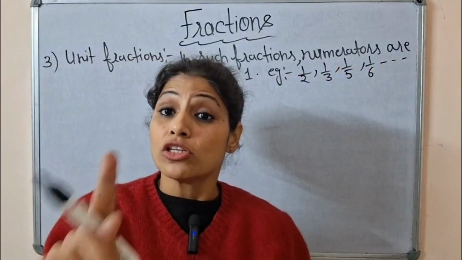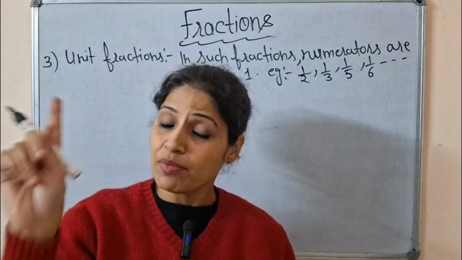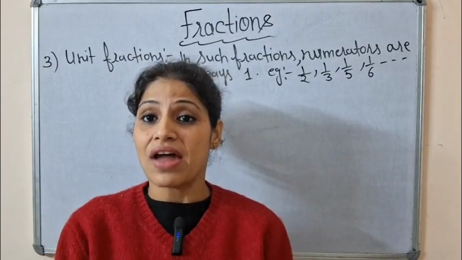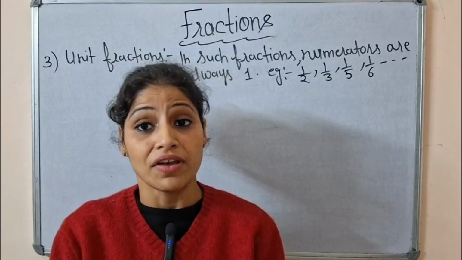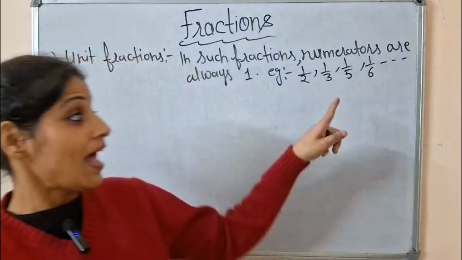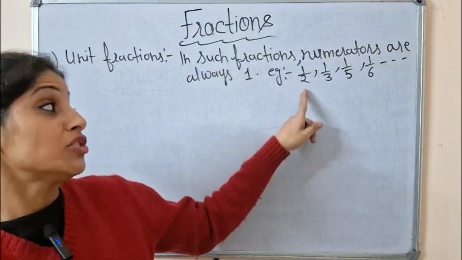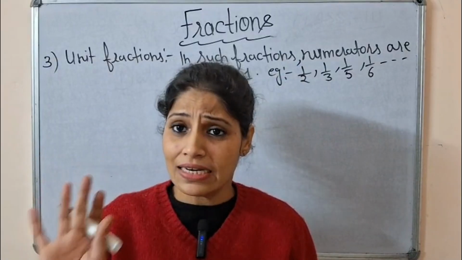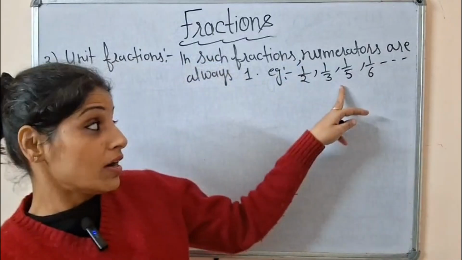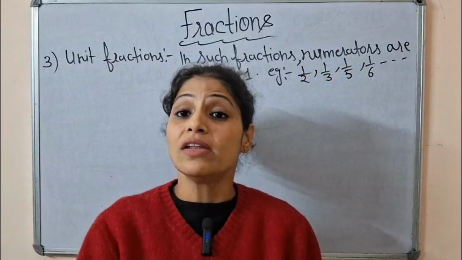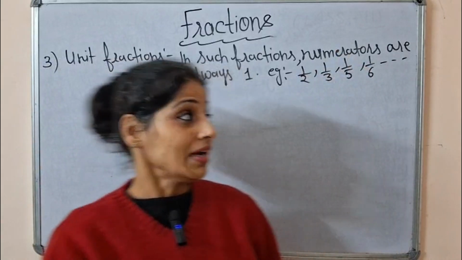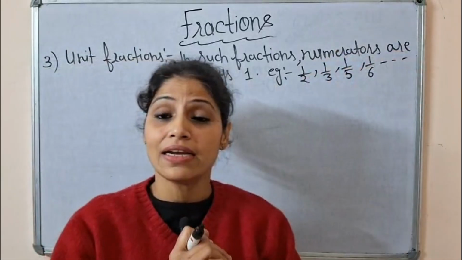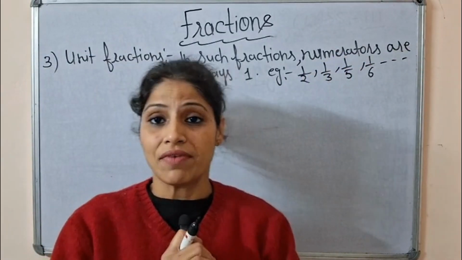Unit fraction is also called proper fraction. You remember proper? What was the property of a proper fraction? In a proper fraction, numerator is always smaller than the denominator. And here it proves numerator is smaller than the denominator, whether it is 1, 2, 3 or anything. If it is 1 and smaller than the denominator, it is called proper fraction as well. But in the unit fraction, it is fixed when it is 1 in the numerator. It is called the unit fraction.